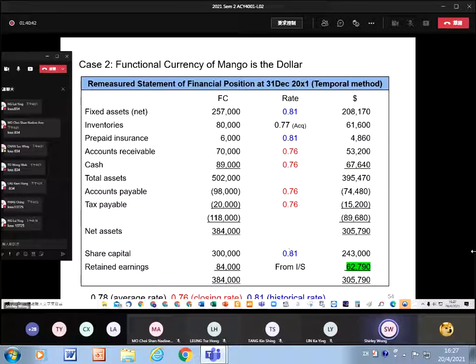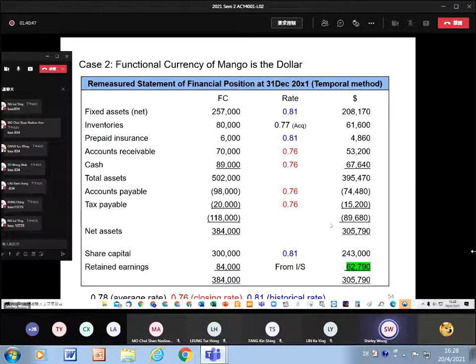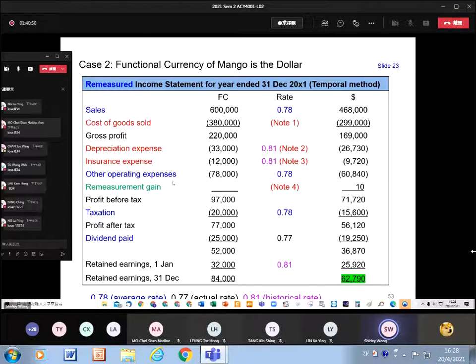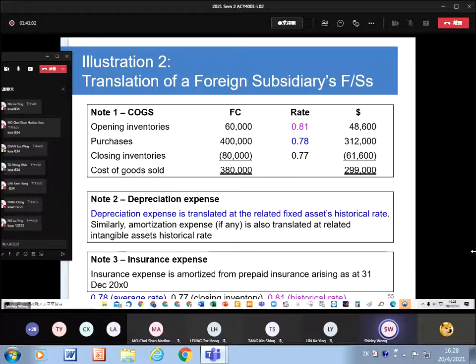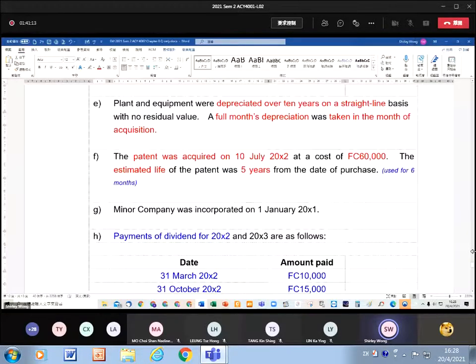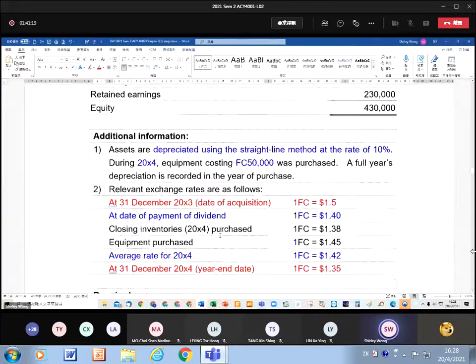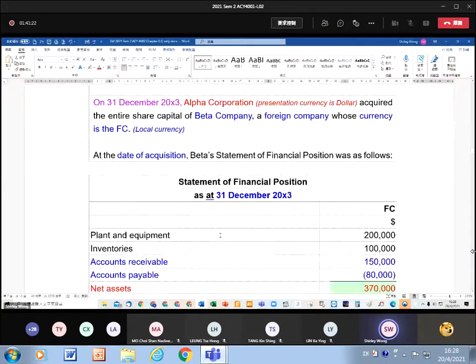And then share capital, historical rate, and then retained earnings, we just copy from the income statement, and then you can get these figures. And bear in mind that for the remeasurement method, the remeasurement gain or loss is put under the income statement rather than equity. 咁呢個就係唯一唔同嘅地方啦。佢哋咧個 remeasurement gain 係擺呢度嘅。Okay, any questions? Shall we do one exercise before we have the break? 我哋試一試做一條題目，然後我哋先至 break 啦。趁你依家有少少印象。Okay, so let's take out the exercise 2. exercise 2都比較易做嘅，所以都可以好快做完。我哋跟住就 break 下。